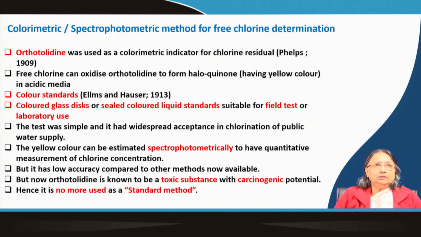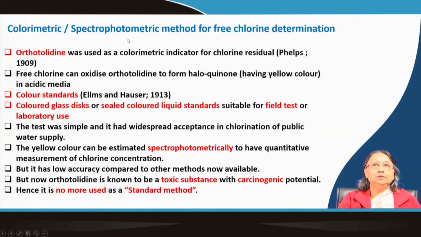Other methods are also there. Orthotoluidine method, this is an old method, colorimetric or spectrophotometric. Which is colorimetric? You can extend it to spectrophotometric also by doing the calibration curve using the spectrophotometer. But colorimetric is just color you produce and color you compare. Different colors you produce with different concentrations, then you compare with your sample solution after formation of color. That is the colorimetric.